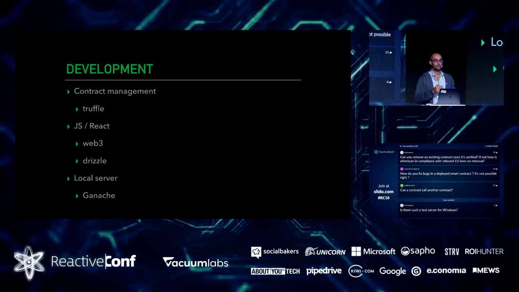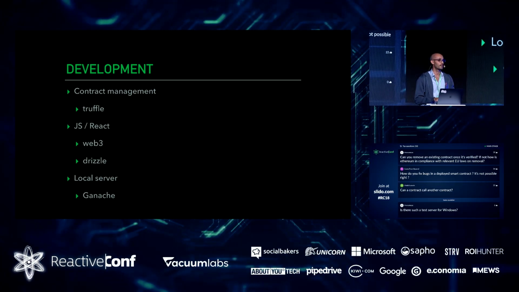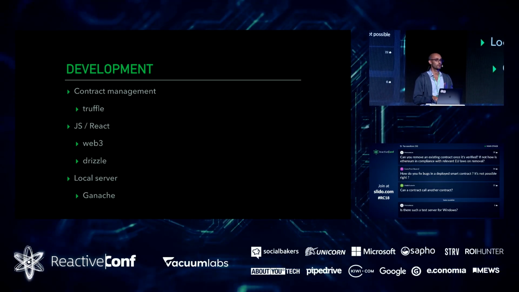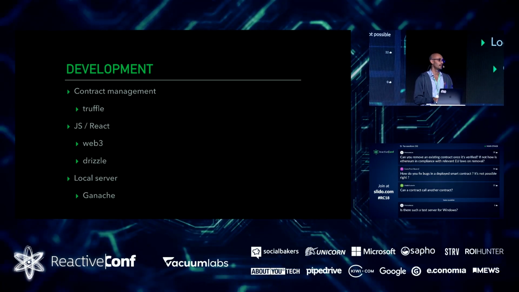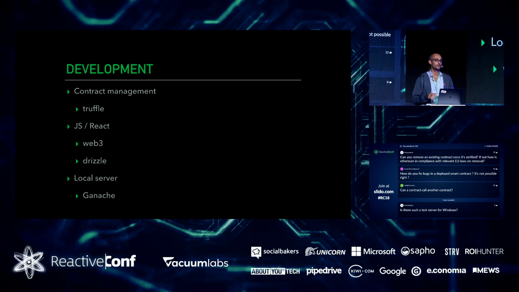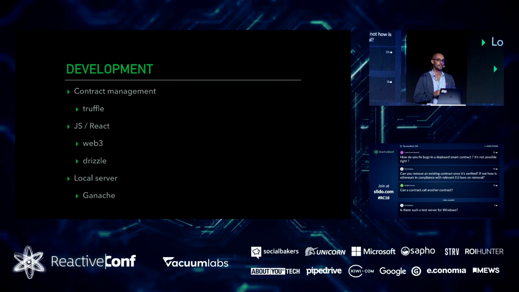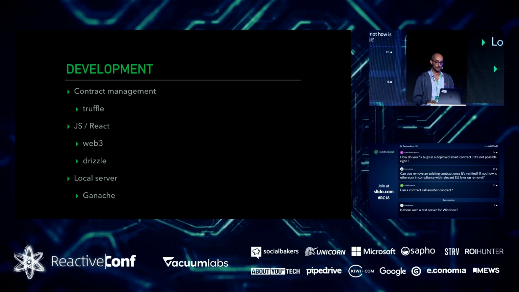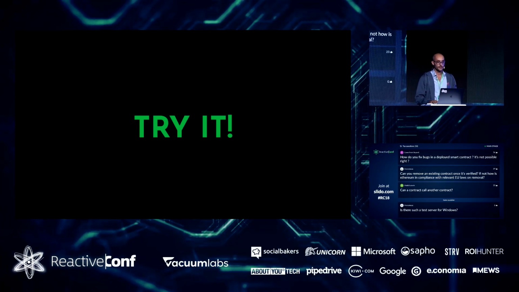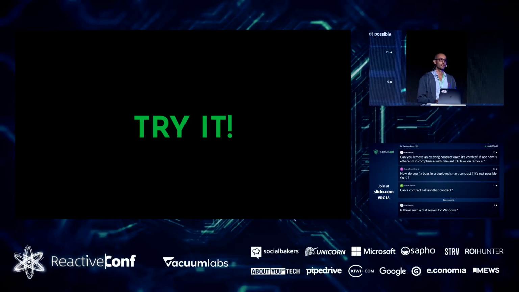And then another really suggested tool is Ganache. Before Ganache, if you wanted to run a local network, you would have to download stuff, compile stuff, run a long list of command line commands to generate your first database and sync. With Ganache, you just download the app, double click, and you have a network, and you can start playing around with it. So this was a really, really fast recap of Ethereum.